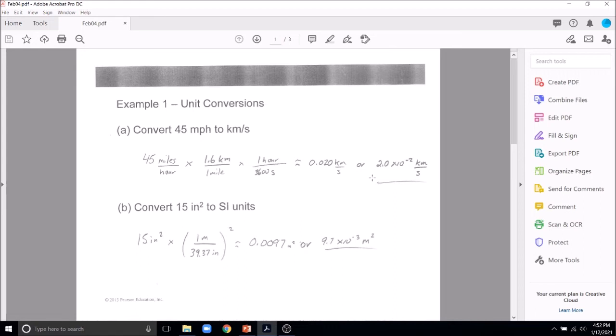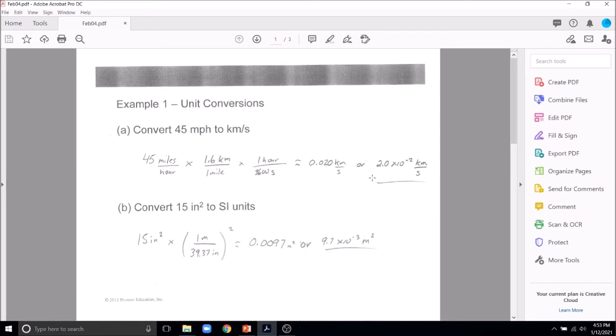So I multiply everything on the top, multiply everything on the bottom. The units of miles cancel. The units of hours cancel. And we're left with kilometers per second. And it does come out precisely to 0.02. But you'd want to state your answer as 0.020 kilometers per second, or 2.0 times 10 to the minus 2 in scientific notation. And the reason why we're doing that is